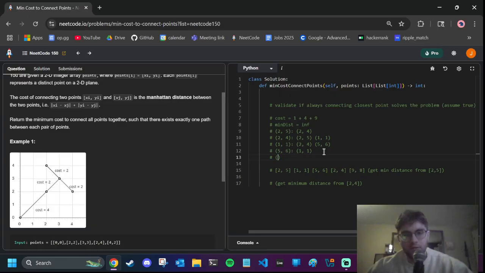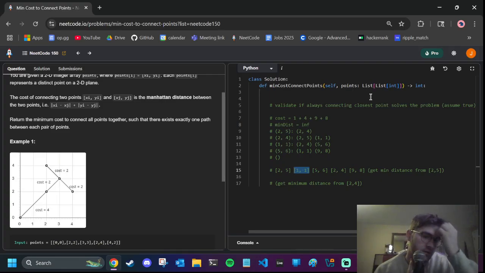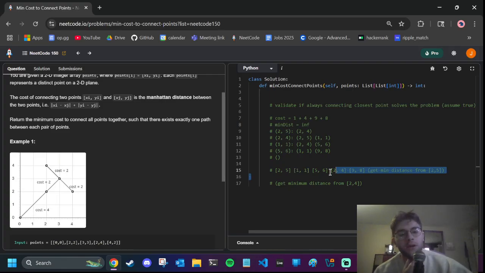So then, all right, we'd have 5, 6 goes to 9, 8. And what's the cost there? So it's 4 plus 2, which is 8. That's interesting. Well, from 1, 1, I think I kind of like it because when 2, 4 connected to 1, 1, that's also because it was the shortest one from 2, 4,